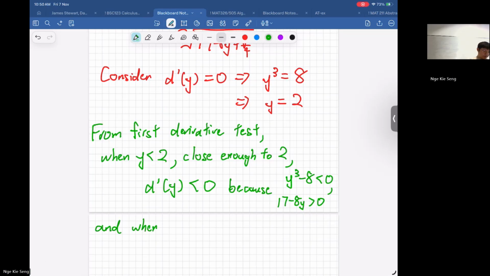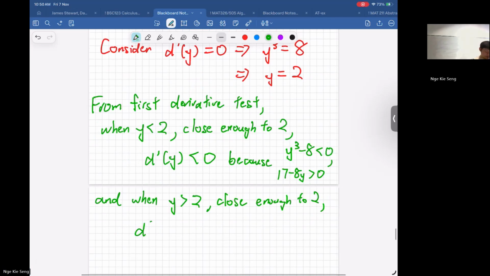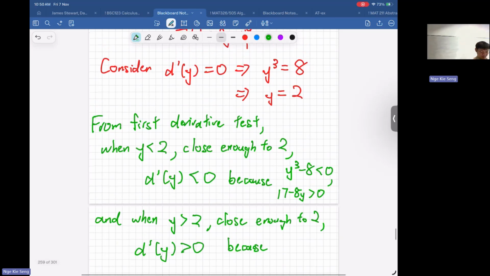when y is greater than 2. We just consider something close enough to 2, because it's a local maximum. You can see that the derivative in y is greater than 0. Why? Because you can compute y cubed minus 8 should be greater than 0 because you have 3 numbers that are greater than 2 and you multiply them together. And then